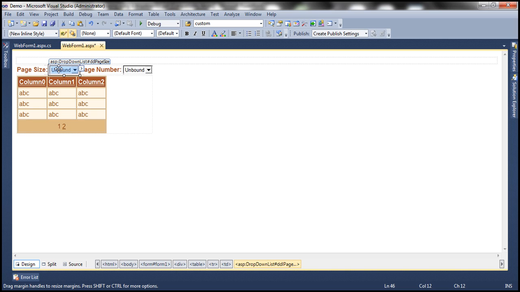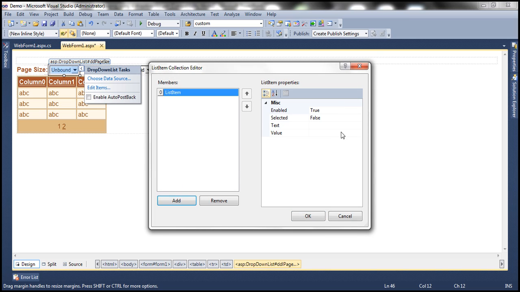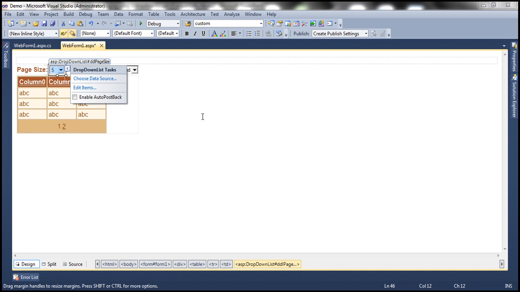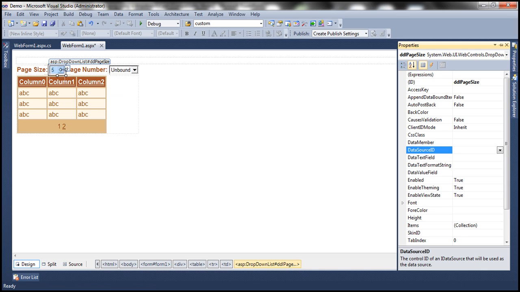For example, I want to display 5, 10, 15, and 20 as the page sizes. To do that, click on the drop down list tasks button, click on edit items, and then I want to add the first item as 5, the second item as 10, third item as 15, and finally the last one 20. Then I'm also going to set the auto post back property of this drop down list to true,